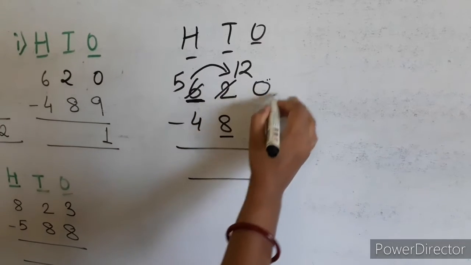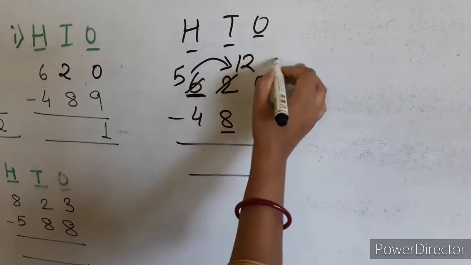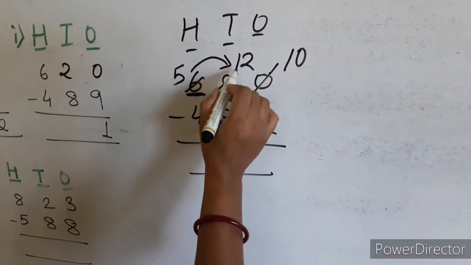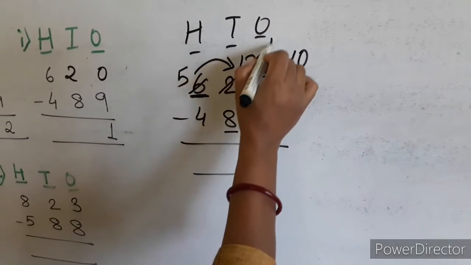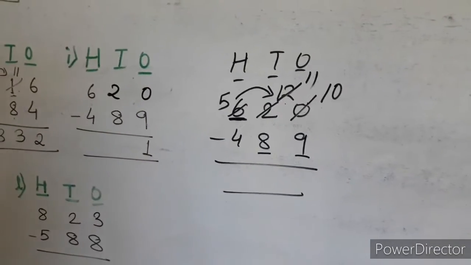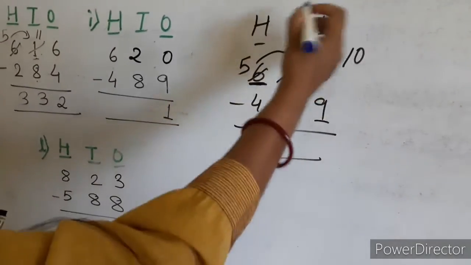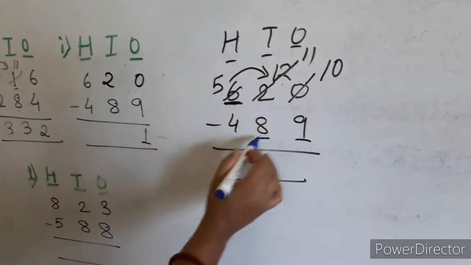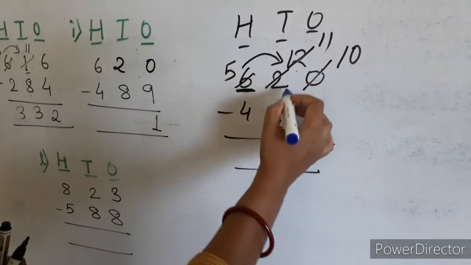Again, in the ones place, this 0 will take 10 from here. If it takes 10 from here, then it will be cut again, by 11, like this. I will just show you. Now I think all of you understand. How will I do it? You understood now? These two numbers are smaller than the lower numbers, 8 and 9, so we have to make larger numbers.